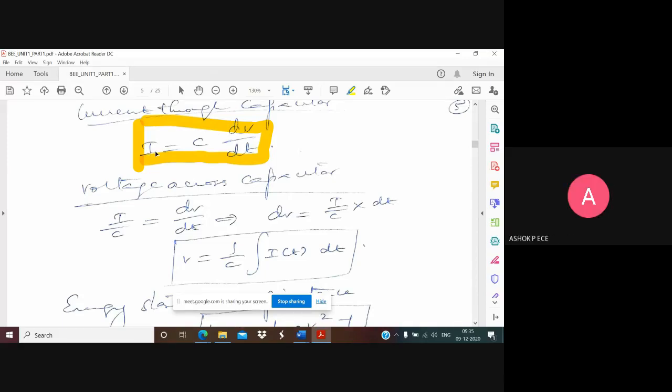The current flow through the capacitor will be zero. Clear? Under DC, the current flow through the capacitor is zero. So I can say a capacitor blocks DC. Is that statement clear with everyone? So when I apply a DC voltage, the current flow through the capacitor is zero. So the capacitor is going to block DC. It is going to allow only AC.